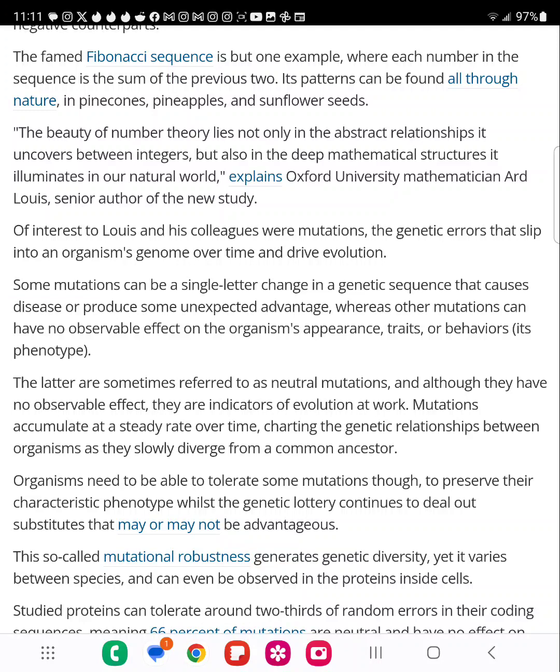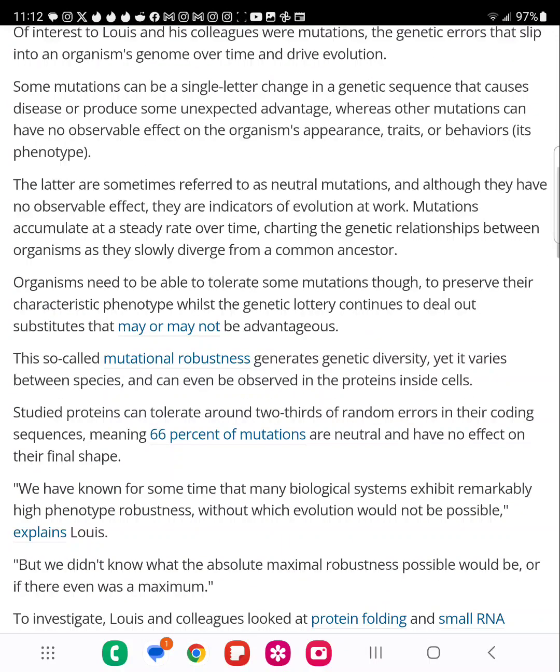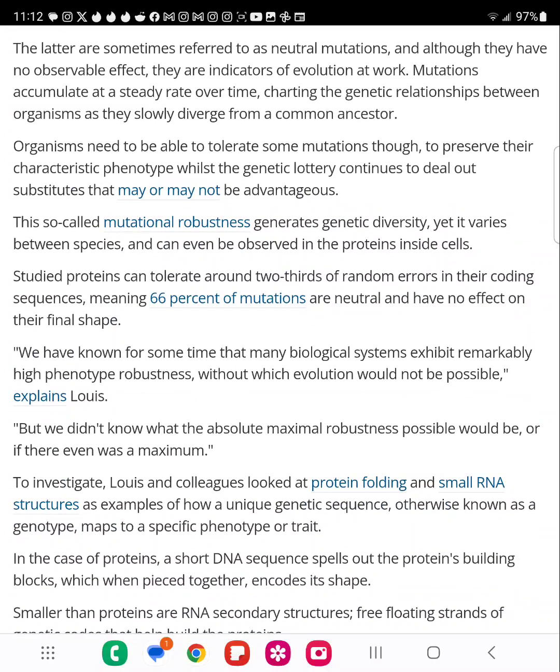The latter are sometimes referred to as neutral mutations, and although they have no observable effect, they are indicators of evolution at work. Mutations accumulate at a steady rate over time, charting the genetic relationship between organisms as they slowly diverge from a common ancestor. Organisms need to be able to tolerate some mutations, though, to preserve their phenotype, whilst the genetic lottery continues to deal out substitutes that may or may not be